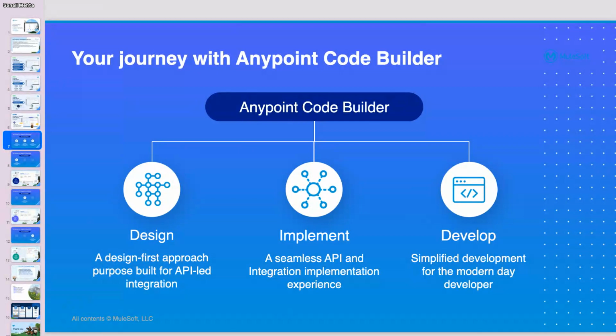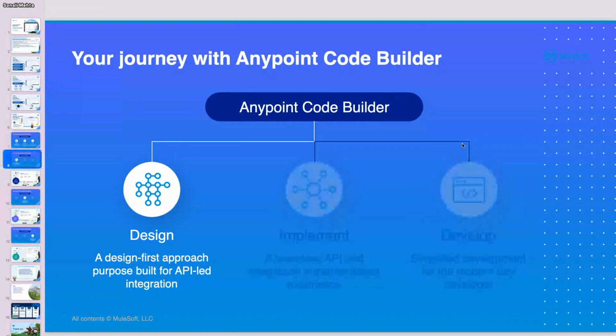We first design the API, because we follow the design-first approach in building the API, and our main goal is to follow API-led architecture and API-led integrations. So we first focus on designing the API as we normally do, which we do in Design Center. Now in the Anypoint Code Builder,